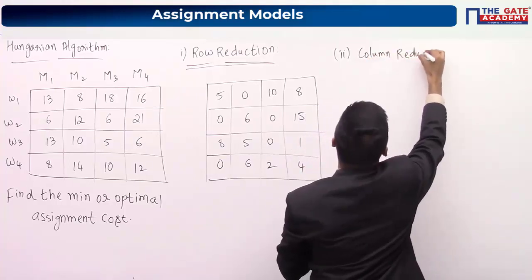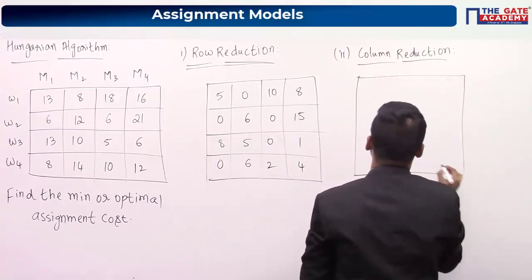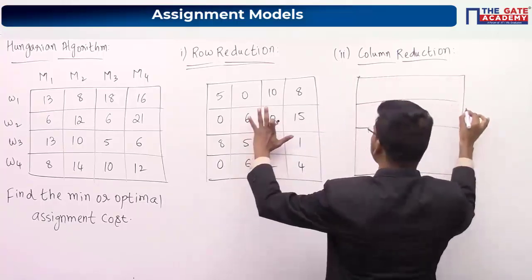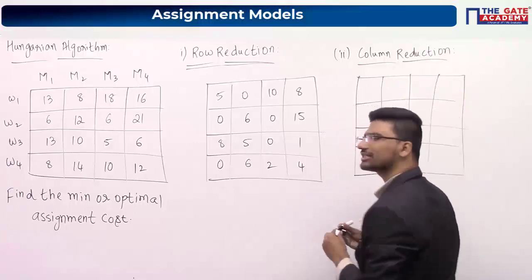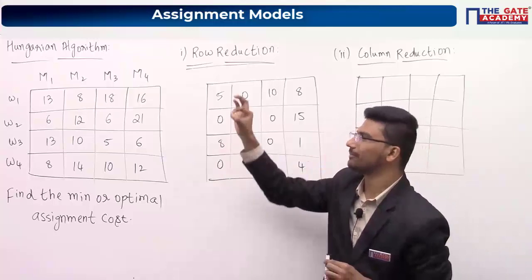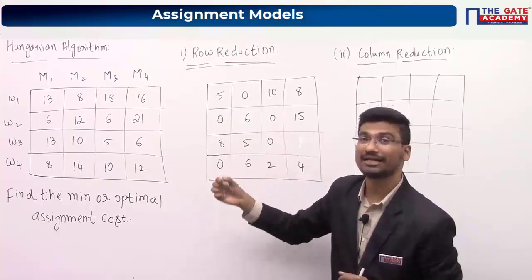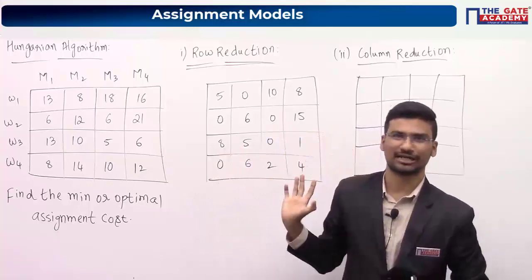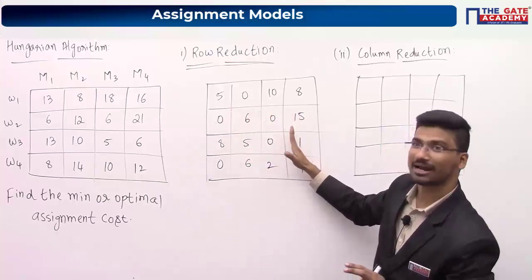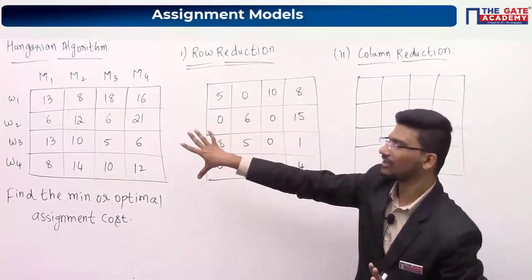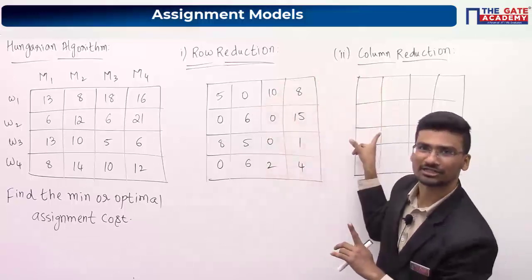Column reduction. Now you can guess what could be column reduction. So on this particular matrix, we are doing column reduction. Row reduction in the sense, you have to take minimum element from the row and you have to subtract. Column reduction in the sense, you have to take minimum element from the columns and you have to subtract. In this particular column, see, column reduction you have to do for this matrix, not for that matrix. First step, row reduction, and then take this matrix and do column reduction.